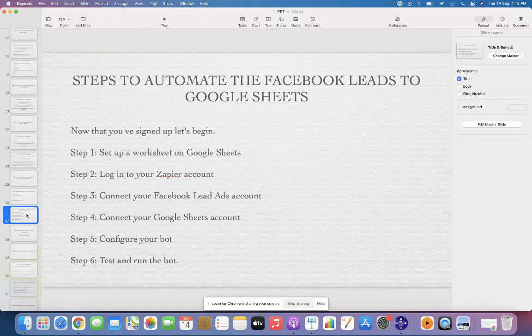The third step is, once you create your Zapier account, you need to connect your Facebook leads ad account. Then once you connect that, you need to connect your Google Sheets account. Once that is done, you need to configure your bot, and configuring is nothing but mapping the exact fields. Suppose you have name, email, phone number, and contact address, you need to ensure those four details are exactly the same in your Google Sheets account too.